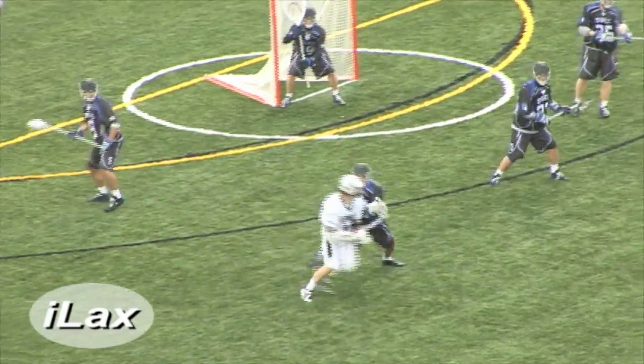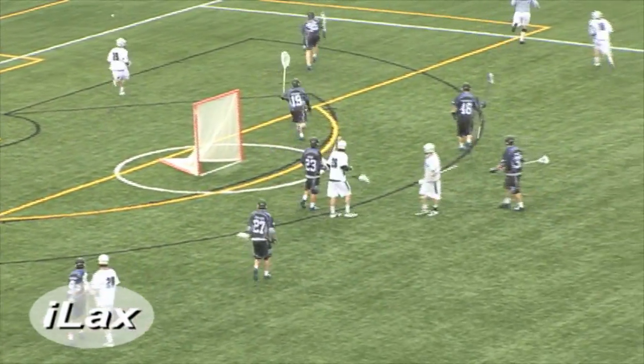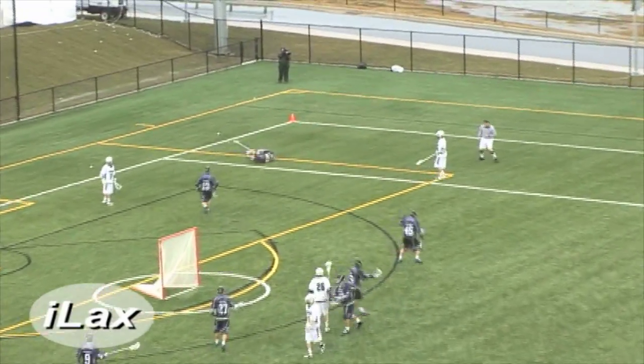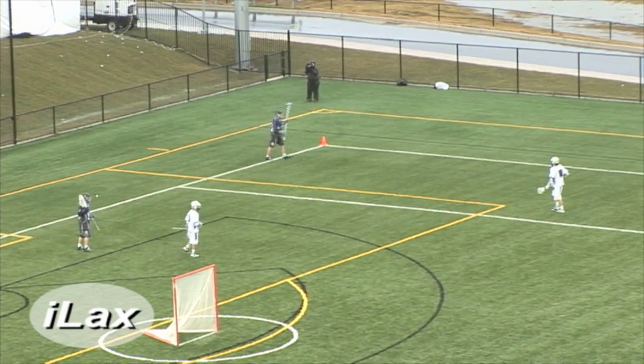Finnerty tries to get inside. Now he rolls back to his right, fakes a pass up top. Takes a shot to his left. I thought he was going to get that one as he bounced it, and it's going to go back to Duke, as McKee did a nice job beating our guys to the end line with 10:50 left to go in